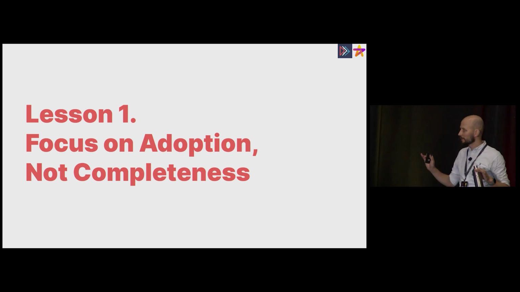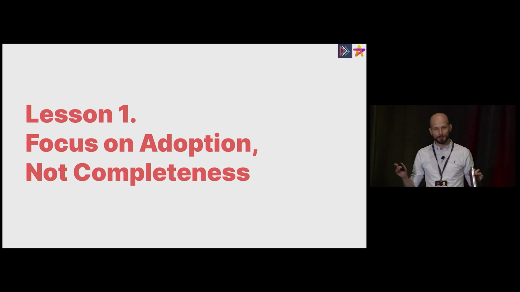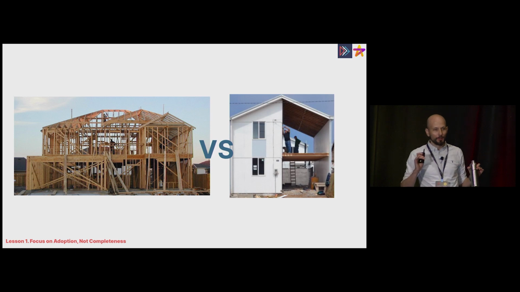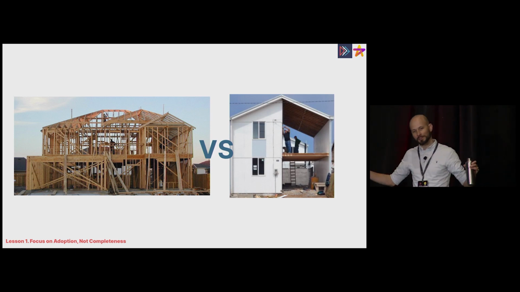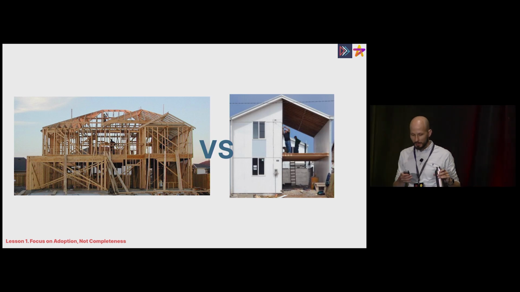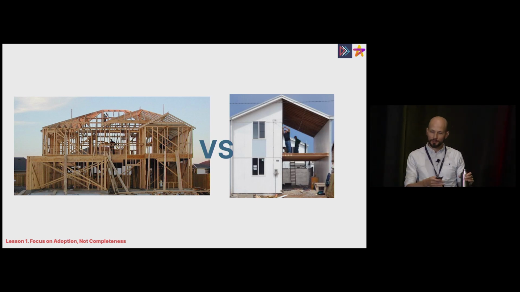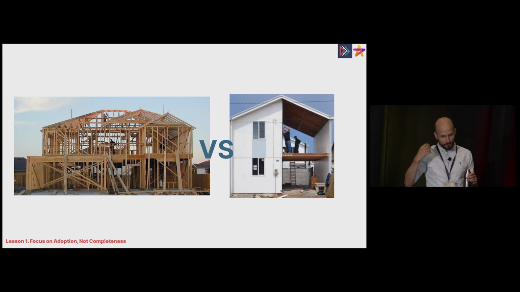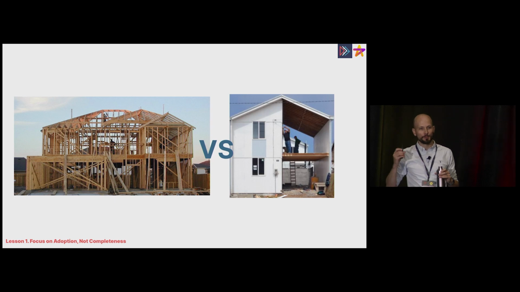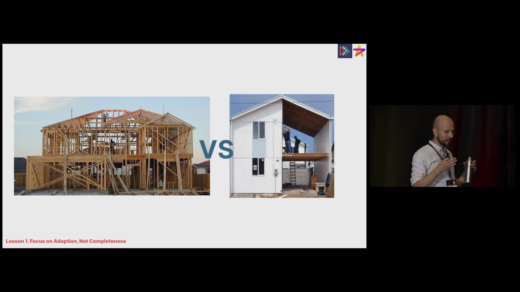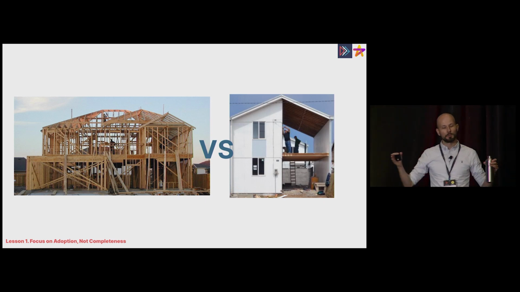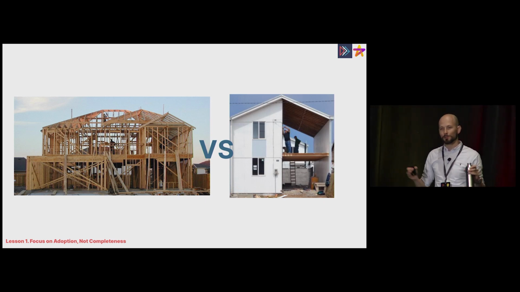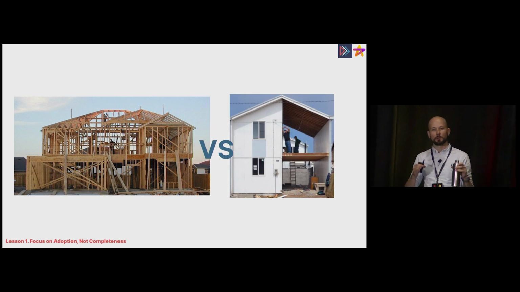The first lesson, high level, focus on adoption, not completeness. So it's very easy when you're building some sort of platform initiative to try to build everything, right? And so much like maybe trying to build a house and not being able to move into it until it's fully complete, I want to say that's probably not a good approach. So who here has tried to build their own feature store? A few, right? To me, it's very easy in that sort of a project to scope something where you can't get anything until you've made it work for every possible use case.